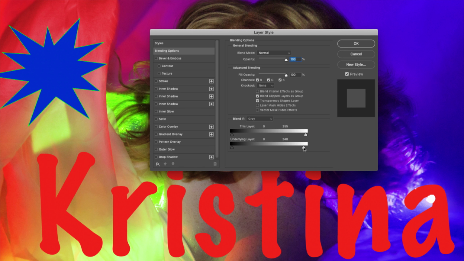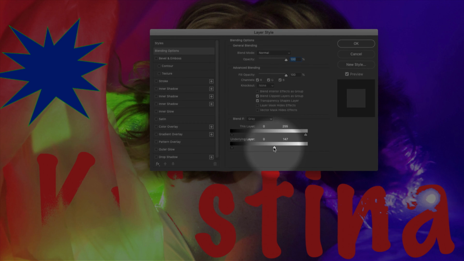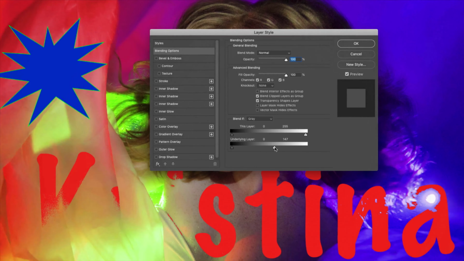If we pull back the slider of our underlying layer, anywhere where the underlying layer is medium gray or brighter, the Christina layer is going to be invisible.